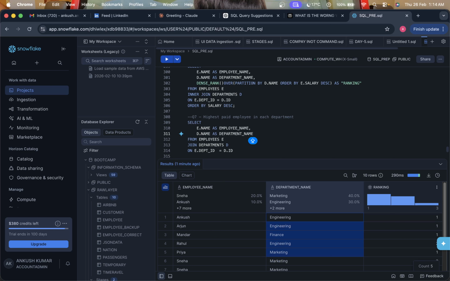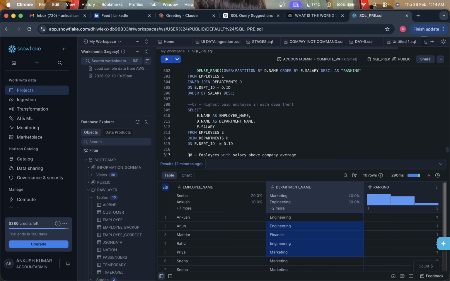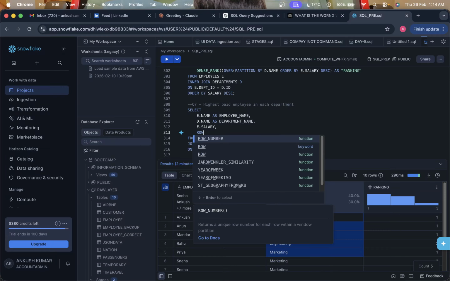Let me pull salary over here. We got salary. Let's say highest salary, so I'm using a ROW_NUMBER